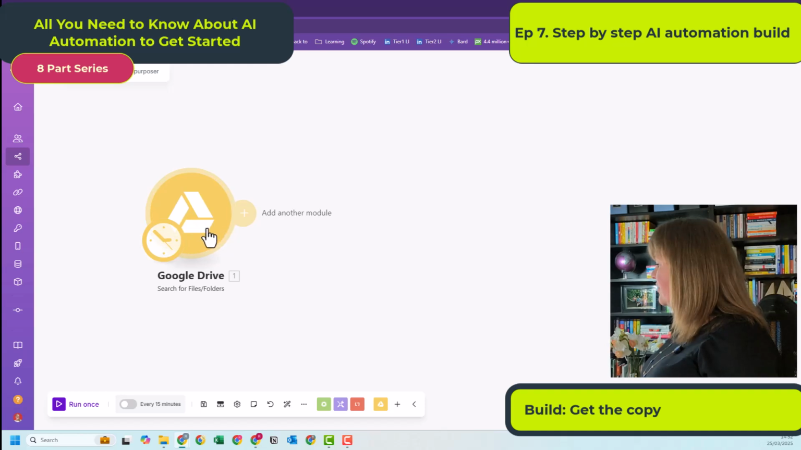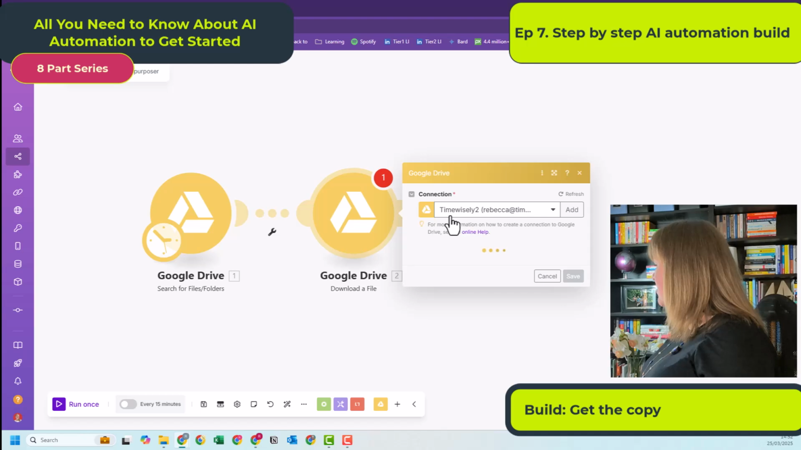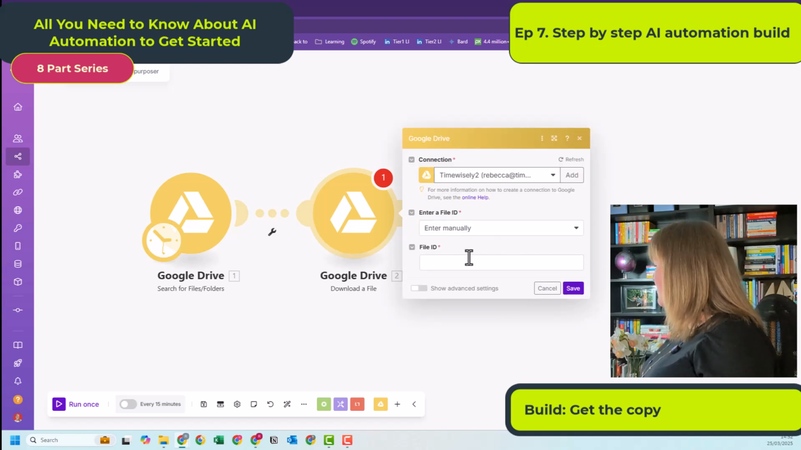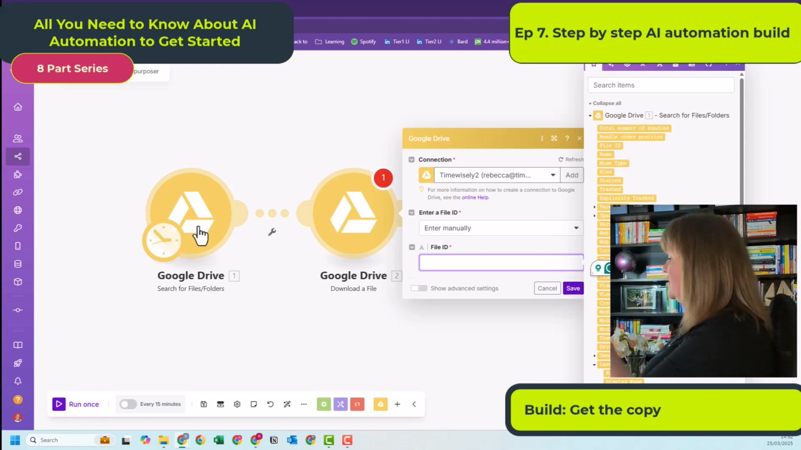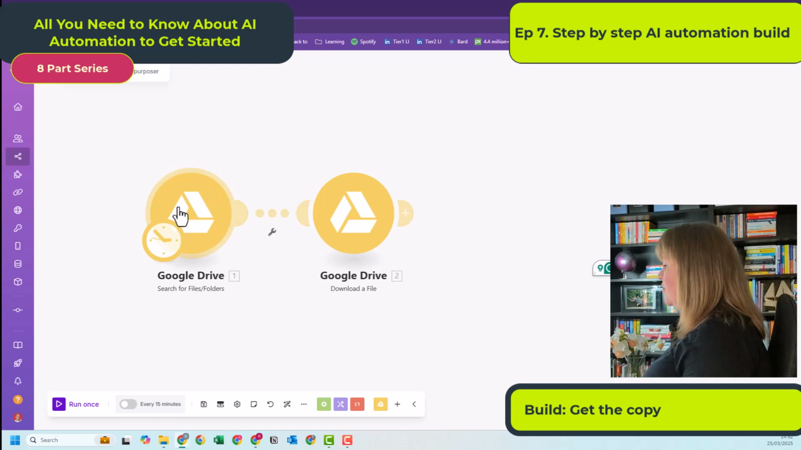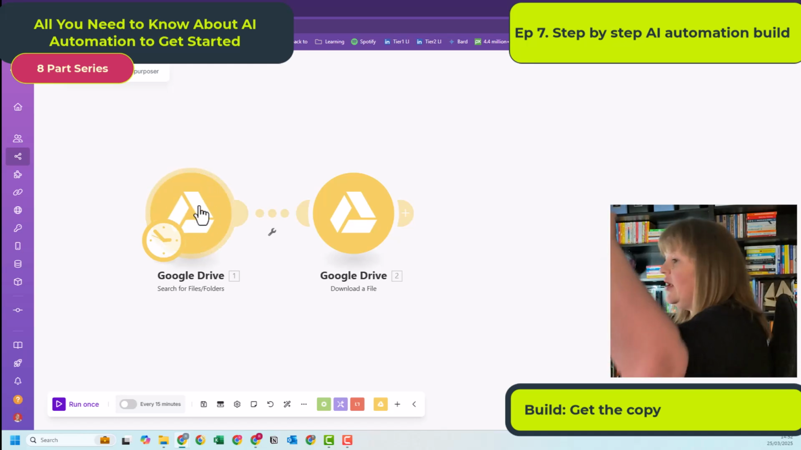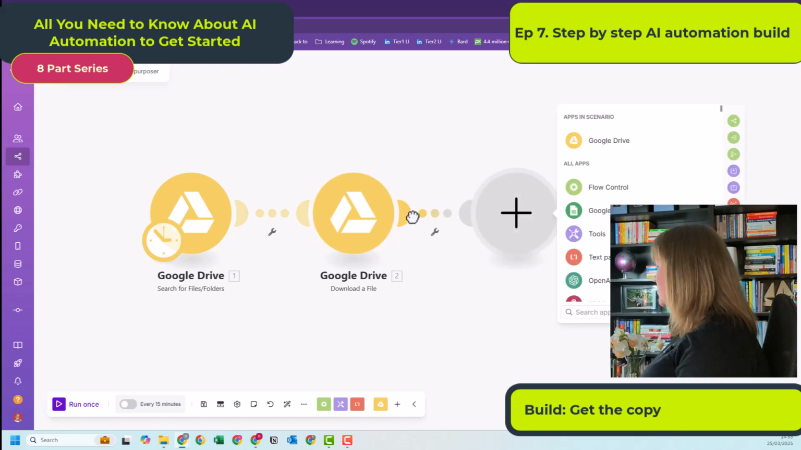So that's me searching for files, and then once I've searched for them, I'm going to have to actually get them. So let's click on download a file, and the file ID, as you see when you click on these fields to fill it in, it will give you the options of anything it's found from the previous step. So in this case, there's my file ID. Hit save. So what I'm doing here is I'm searching that folder for all of those files, and then when it finds them, it's going to then download the file,